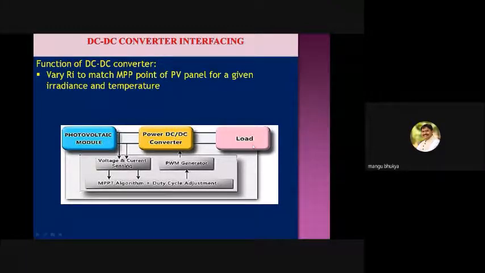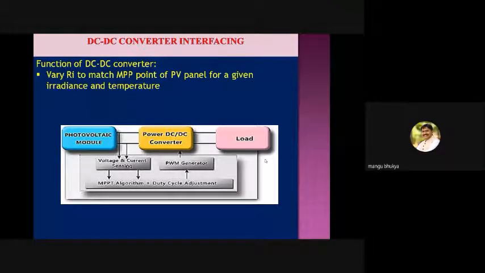Your battery is a limited source; it cannot store whatever energy you want. It will store energy in a limited way, and it will give energy in a limited form. So we call the battery a source as well as a sink. Source means which delivers power or gives energy.